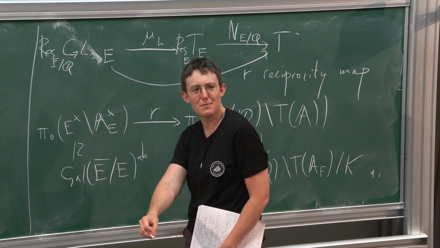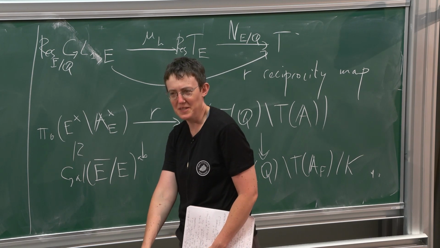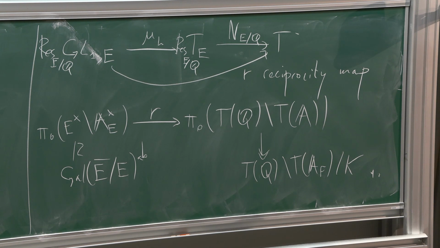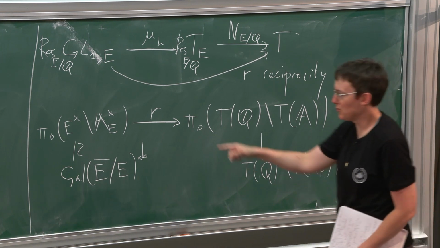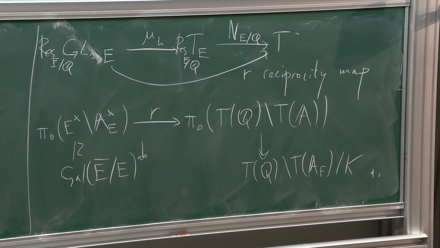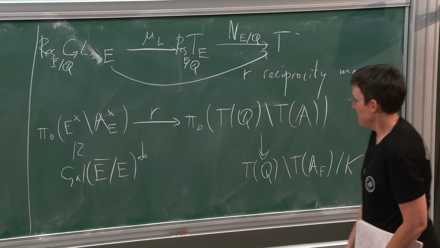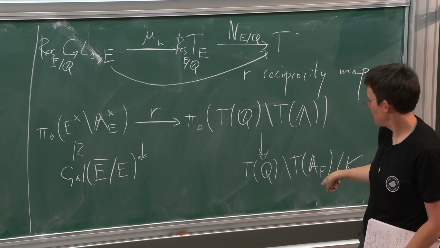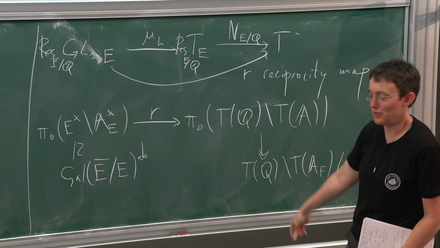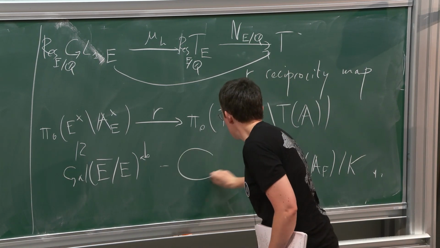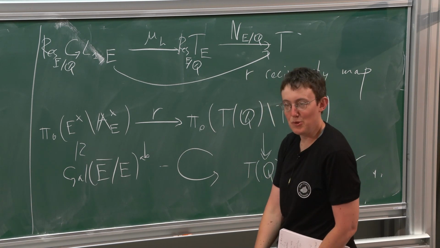Okay, so here somebody asked me, how do you normalize global class field theory? And I say, well, okay. So apparently Lyon's normalization is uniformizers go to geometric Frobenius. So this is how I normalize it. Okay, so this defines an action of this on this. Yes, this is a morphism of groups. So hence a model